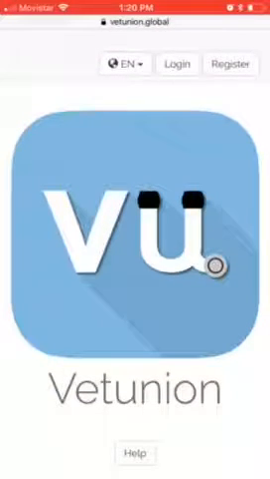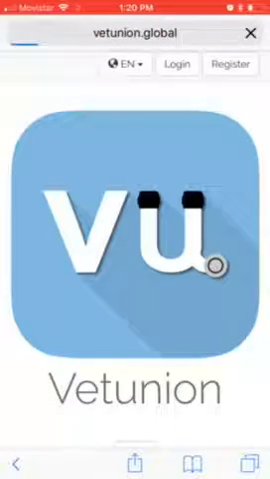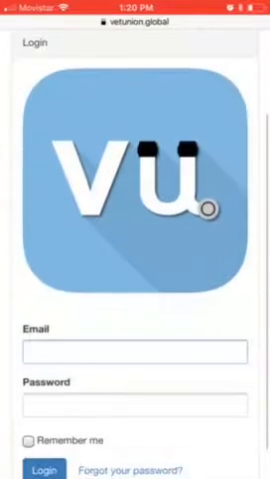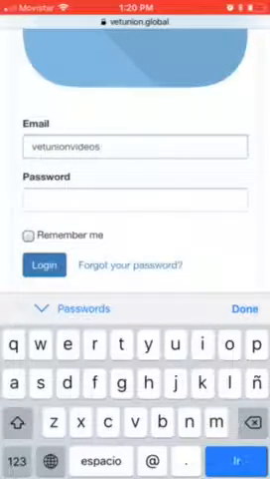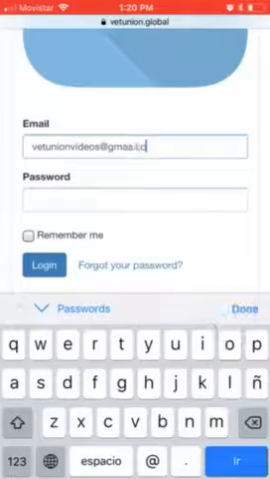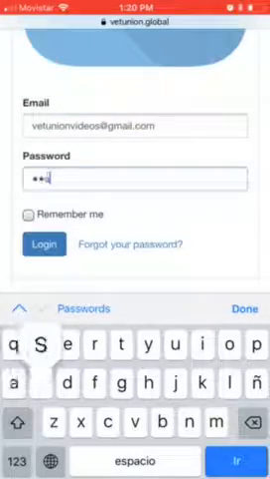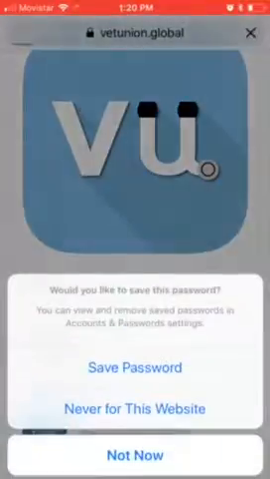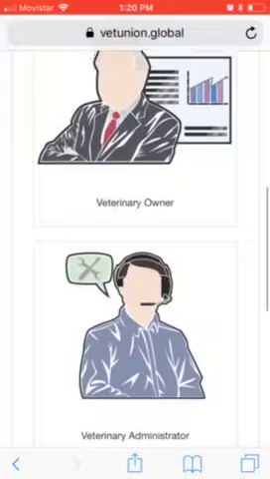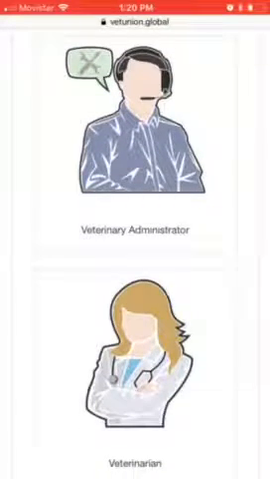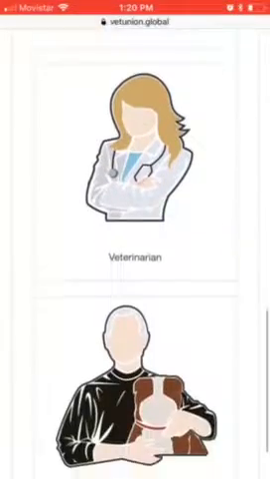In this video, I'm going to show how to process a surgery in all the users' profiles that are involved. First, we log in. We log in, and here are all the users' profiles. In the process of a surgery, only 3 users' profiles